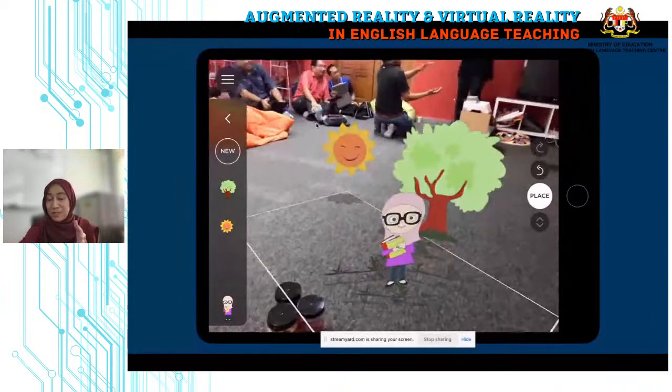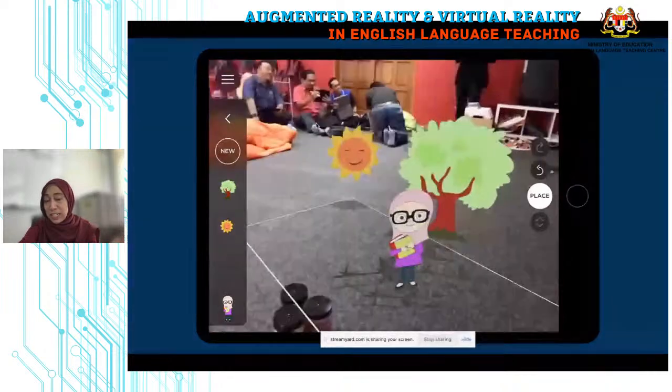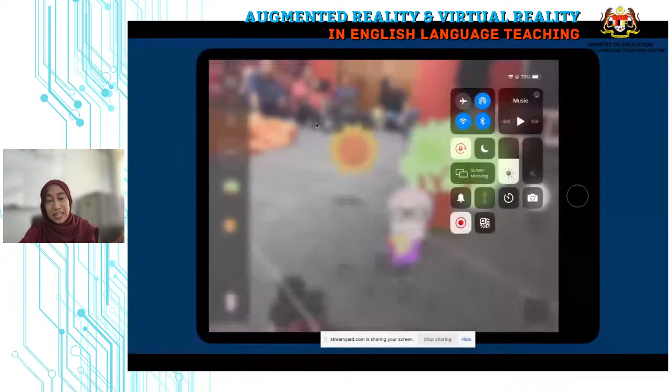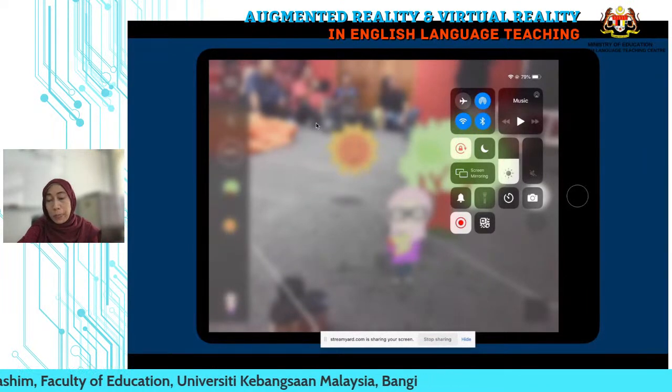We'll talk about devices after this. If students come with their own device, definitely it's an ideal situation whereby they can create this augmented reality. They can do it at home. Probably they can test and record themselves telling a story using their own creations, like for example this one, their own characters and whatnot.